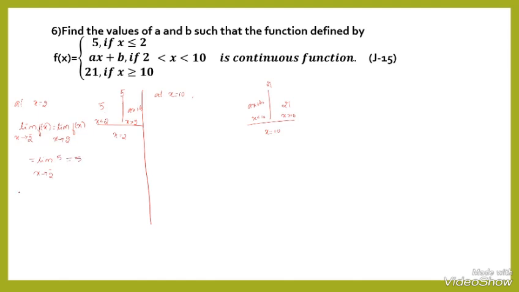Similarly, I can solve here for the RHS part, that is limit x tends to 2 plus. The function f of x, limit x tends to 2 plus f of x becomes ax plus b. Again substitute the value, then the value becomes, that is the value is